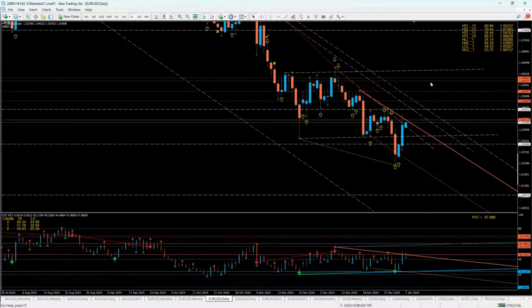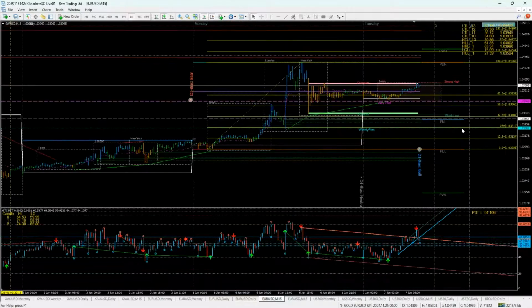I'm just going to delete this so that you get a better understanding of what I'm talking about. This is the gap here. So the market pulling back into 1.0310 is something you want to keep on your mind,